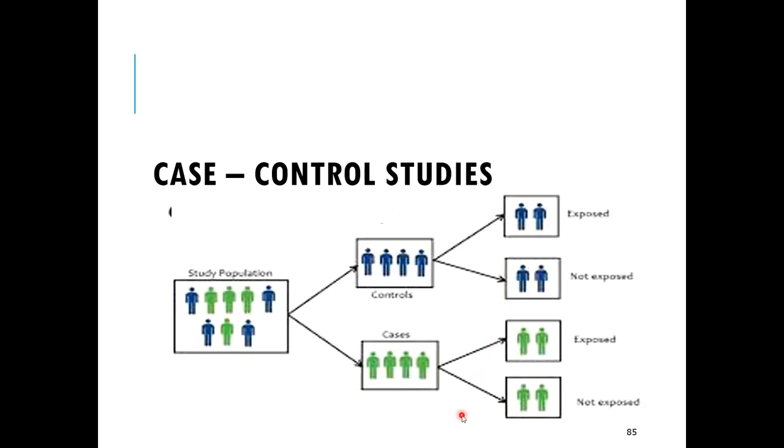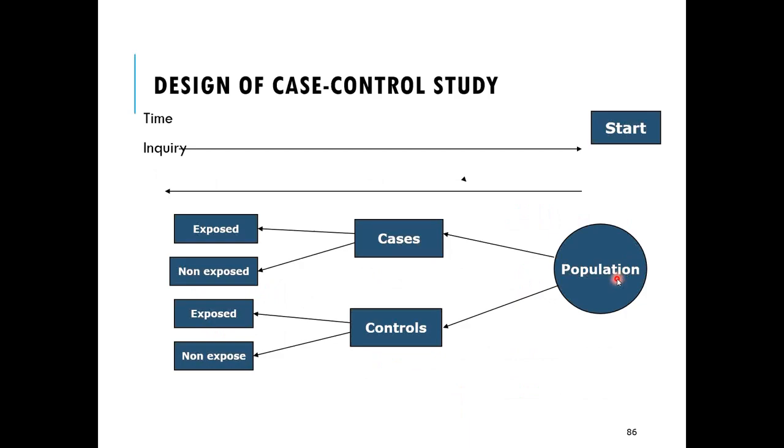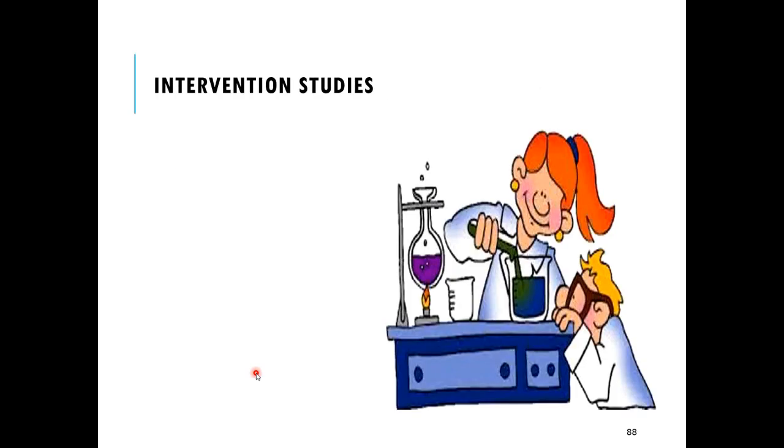It is important to note that in a cohort study, we start from exposure and go towards the outcome. But in a case control study, we start with the outcome and go back in time to assess the exposure. So this will be a case control study. Again, the population is divided into cases and controls and is retrospective in time. In the history, we will see how many of them were exposed and non-exposed. To analyze the case control study, we calculate the odds ratio, which we will be discussing in detail.